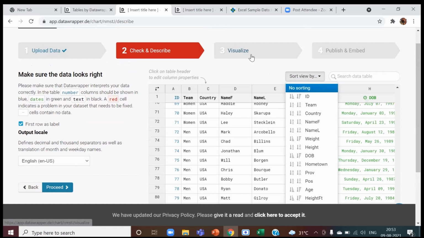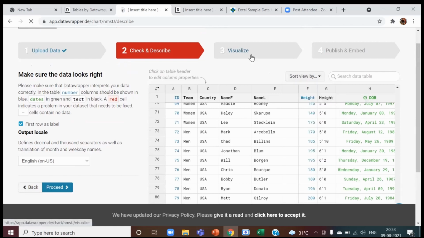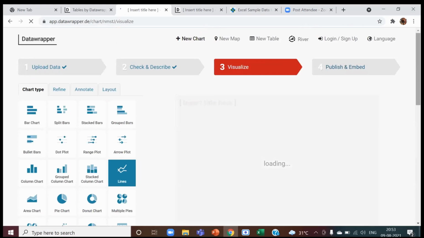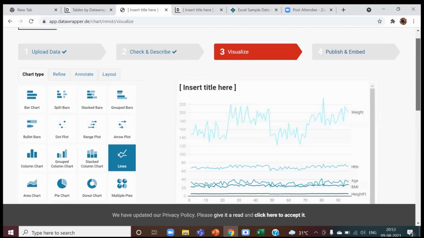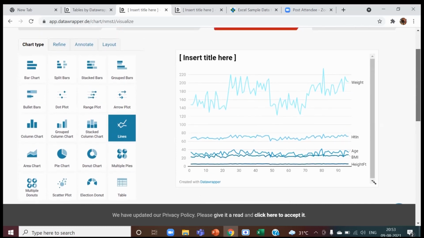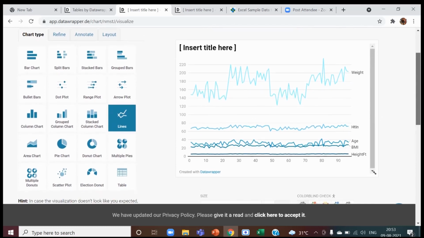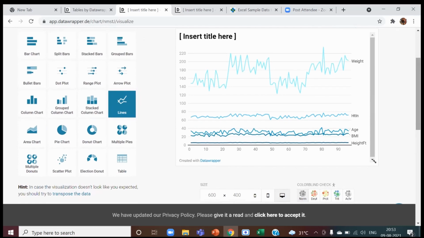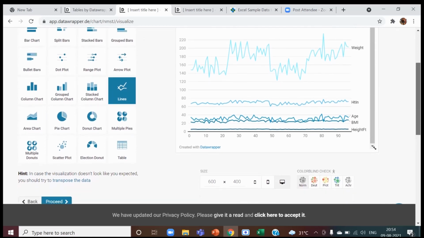Finally, moving to the visualization. In the visualization option, we have multiple chart types available, which can be used as per our requirement of the data type and what we want to interpret out of it.